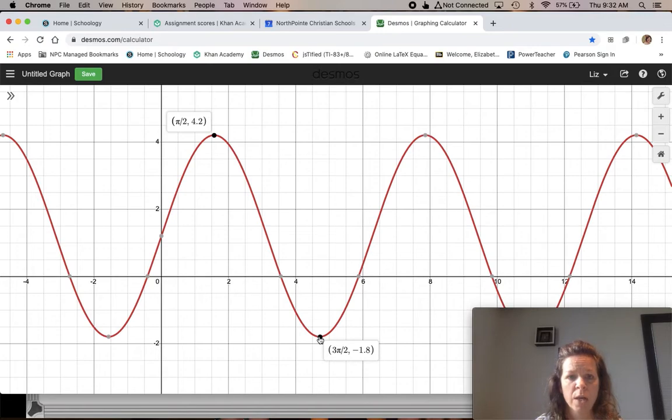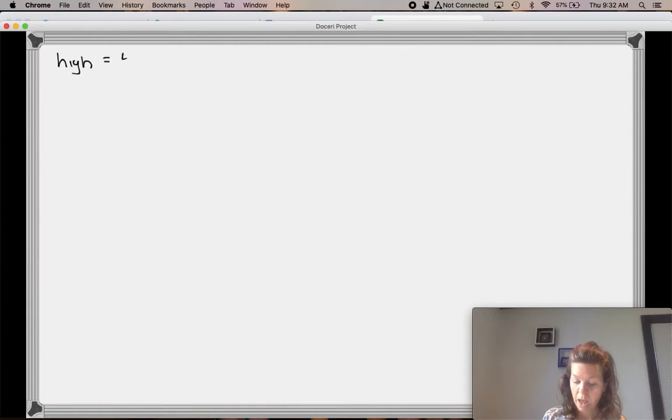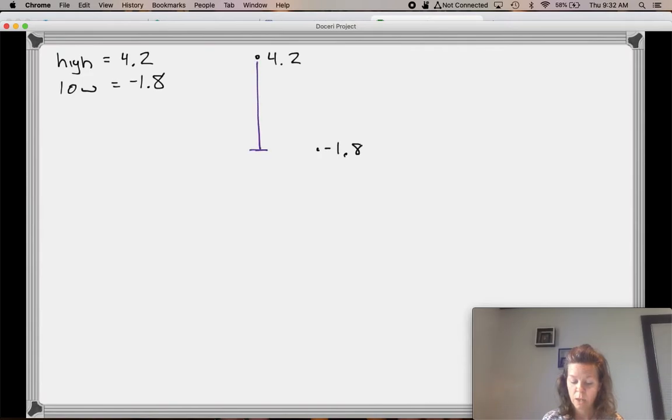And so as we look at those y values, a high of 4.2 and a low of negative 1.8. From that, what we want to do is find our midline and find the amplitude of this function. So let's see if it'll let me start writing it. All right, so that was a high point at 4.2 and a low point at negative 1.8. Okay, so let's say that from that I wanted to find the amplitude. Well, let's say this point's up here at 4.2, and this low point's down here at negative 1.8. Well, the distance between those cut in half